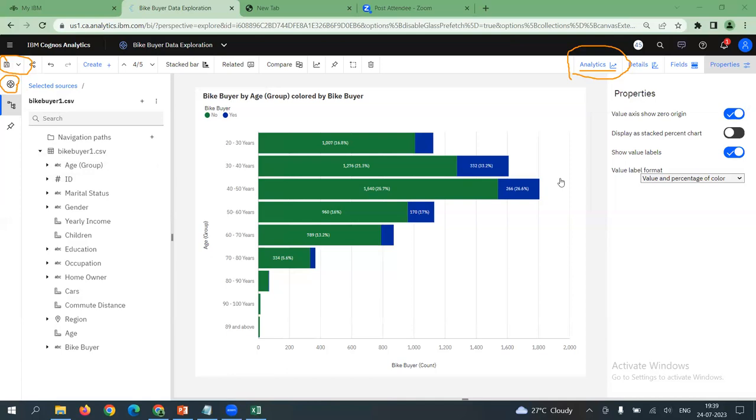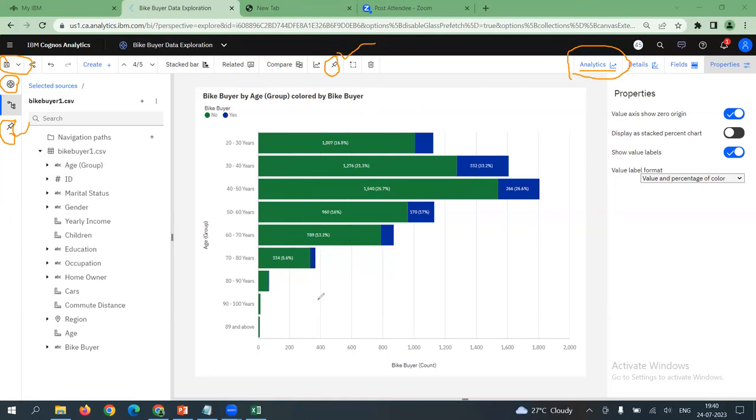Why we are saving is, in future, in the coming day sessions, if you want to build a dashboard, you can build a dashboard from scratch by creating all this visualization. Or additionally, another great benefit in Cognos is, could you all see this pin icon which I'm highlighting here? The pin icon is available, participants. Could you see the highlighted one? There is one pin icon here, and there is also one pin icon here. What is this pin? It is like a shortcut.